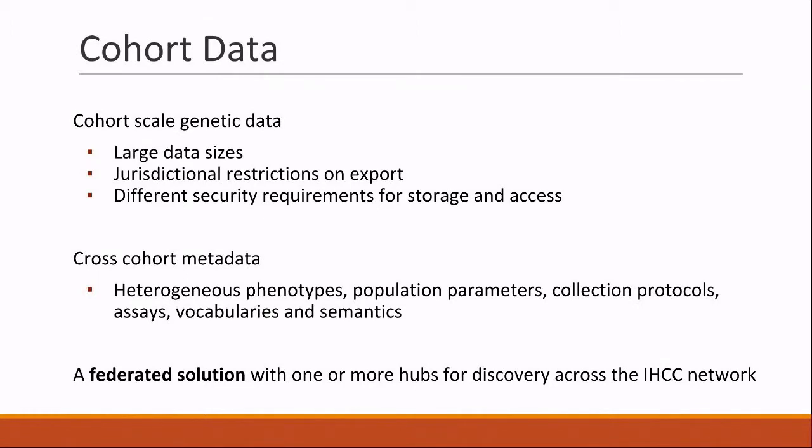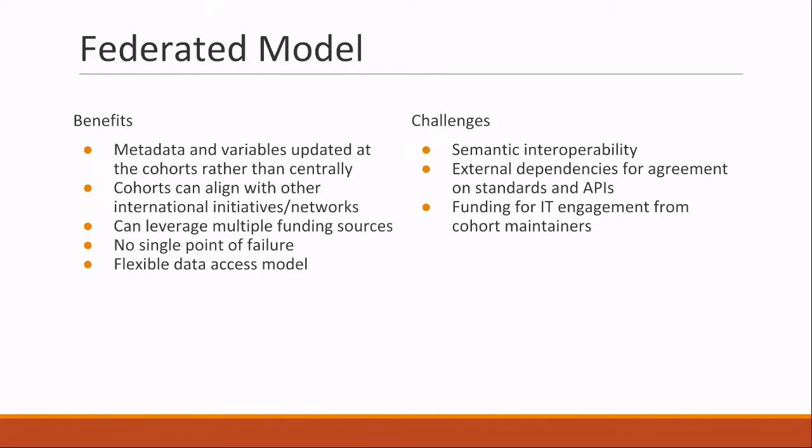So our current thoughts, certainly from the first points in this slide, are that a federated solution is probably going to be the most appropriate approach for getting interoperability across the IHCC network, and not just within the IHCC set of cohorts, but also when you want to interoperate with other cohort initiatives. There will always be more than one cohort initiative around the world. We heard from some of them this morning. There are obviously benefits from having a federated model.